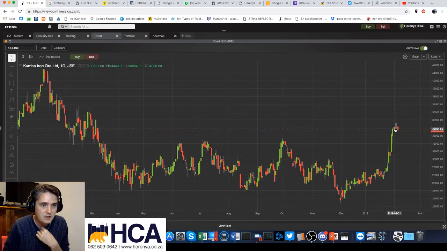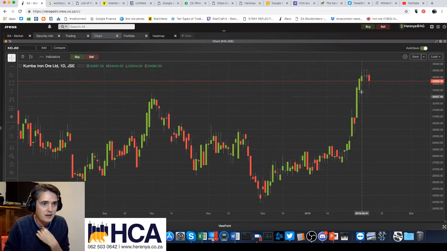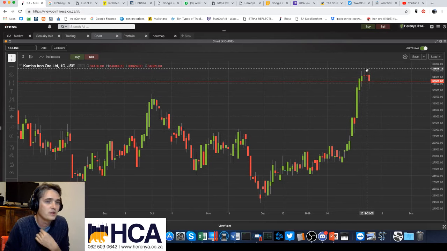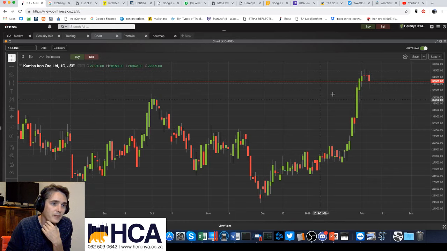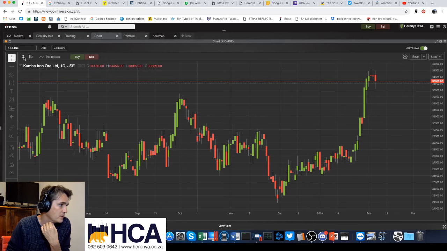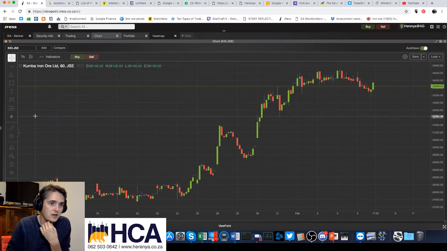right? So it does look like we have a nice little reversal candle here, at least this one. This candle does seem to be a reversal candle or a high in the thing. So we have to observe the next few days, right, to stick to the 2-day Gann rule. But what we can do is switch to a 1-hour chart, and then try and identify support and resistance levels here.